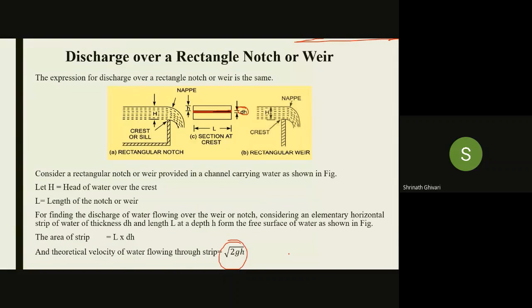By taking the discharge through that elemental horizontal strip of water, we are going to measure dq, and by integrating it we are going to measure the whole discharge from the rectangular notch. This type of derivation you will be getting. See, for an example,